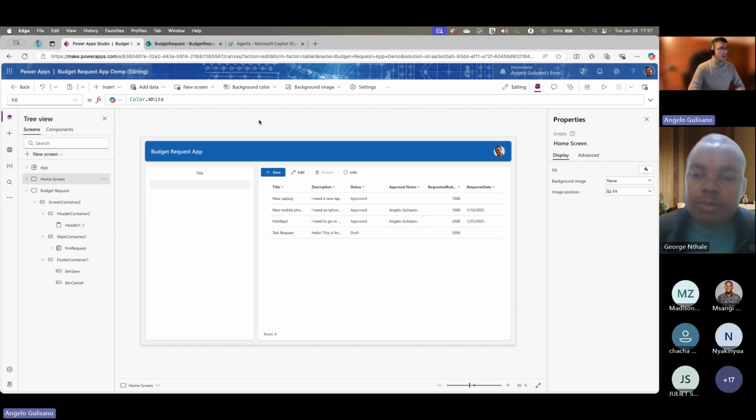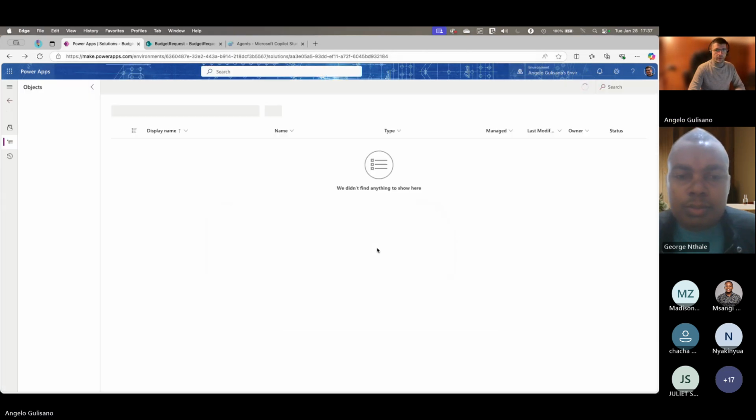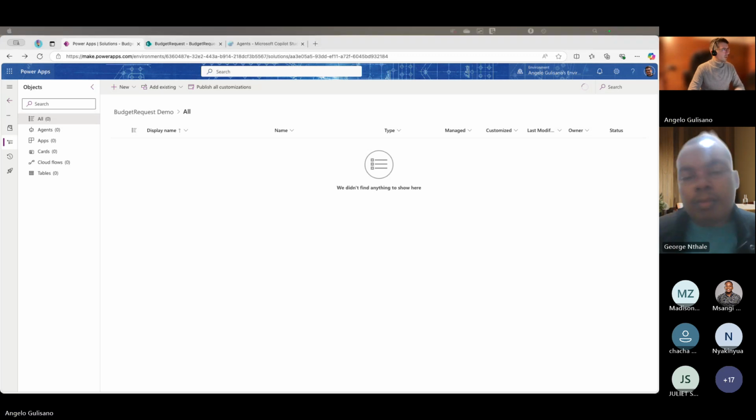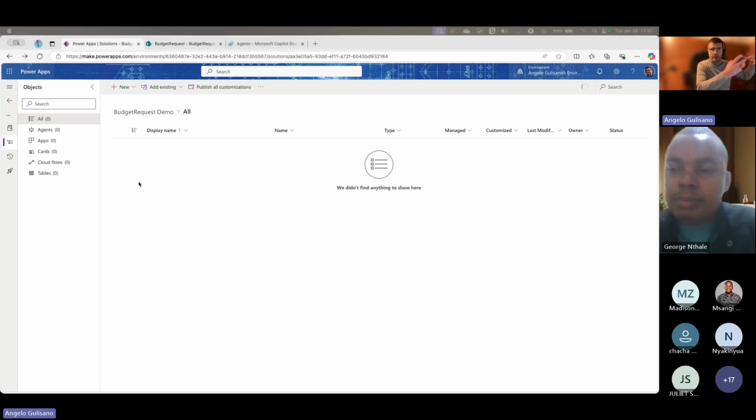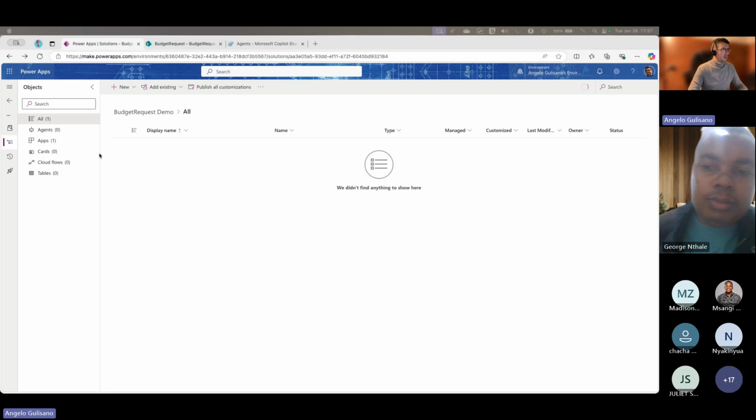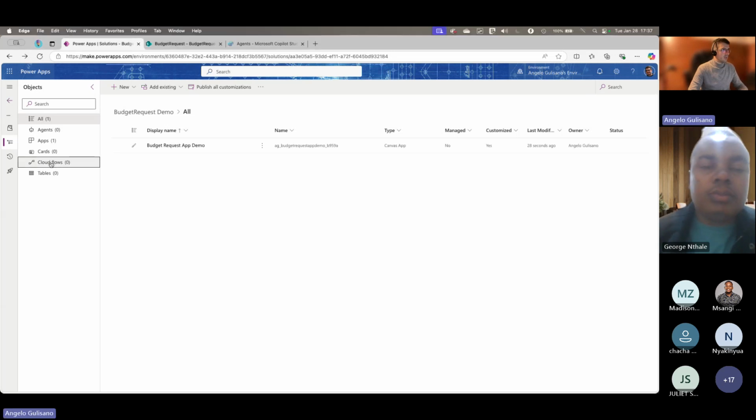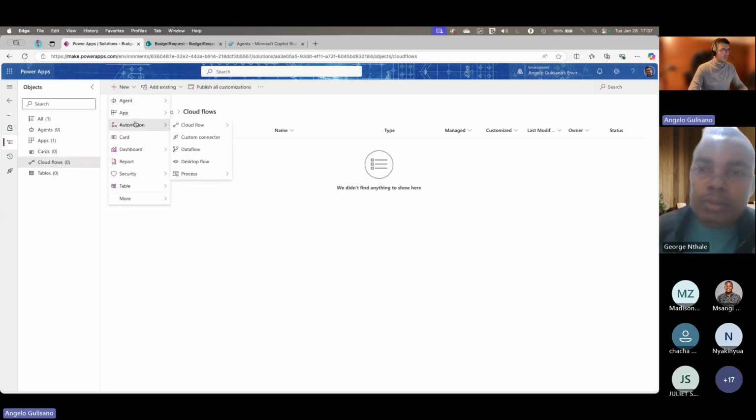So now we can go to Power Automate to create a flow which manages the approval process. So I'm going here, automation, cloud flow, and we need to create our flow. We have three possibilities. The difference is just the trigger of your flow.